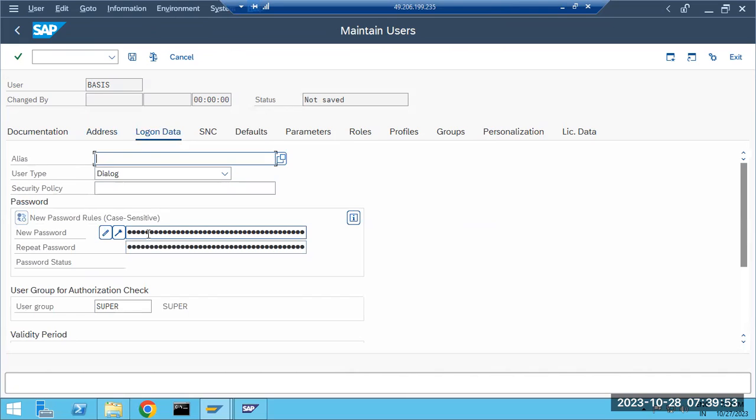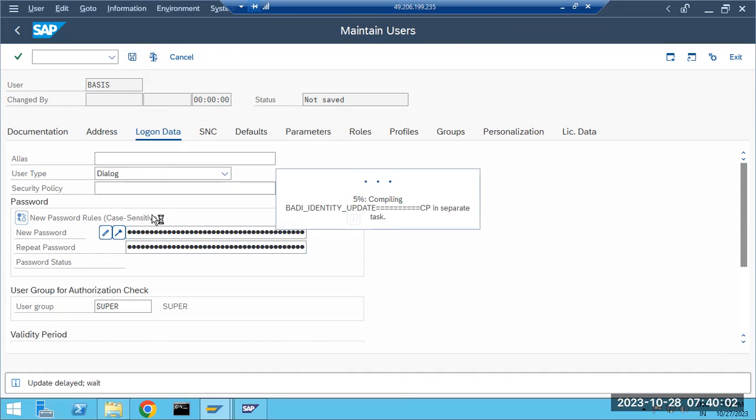Okay, all the details I am filling here. Also, I'm just filling the data. Just click on the save button, but it won't get saved.